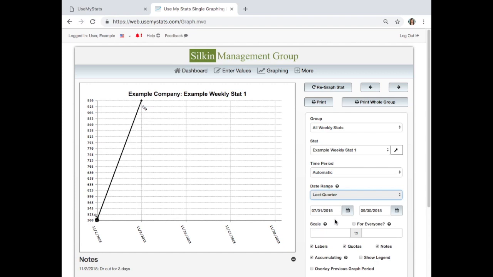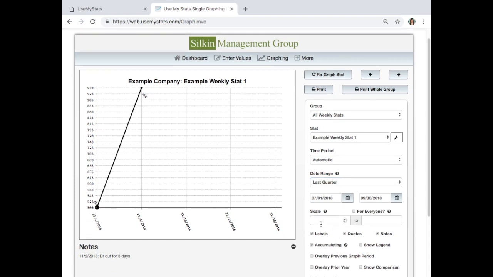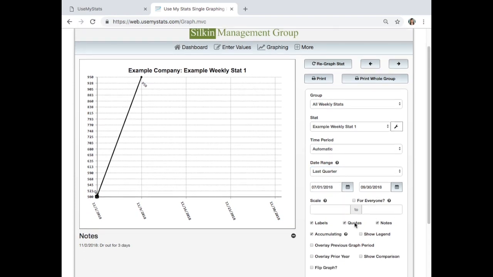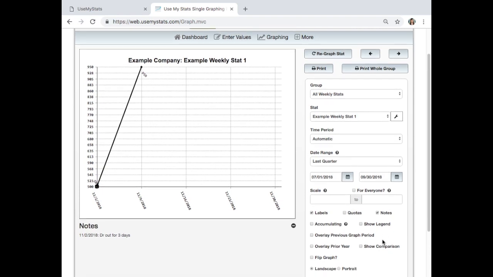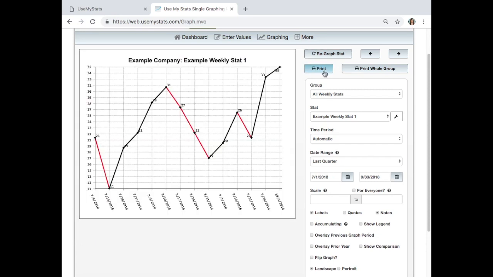Or you can choose one of these presets. Again, the scale I'm going to leave blank. I'm going to unselect quotas and accumulating, as we are not looking at a red line graph for this graph. Labels just means that the values show up on the graph itself, and notes means that the notes will show up on the bottom of the graph here. Once you've made all of the setting selections that you'd like, please click Regraph Stat and you'll see those applied